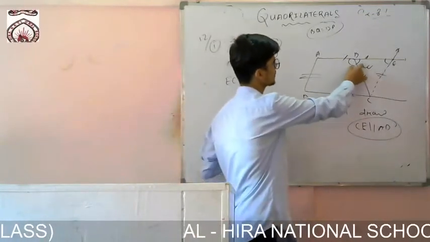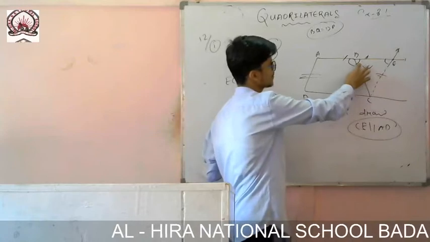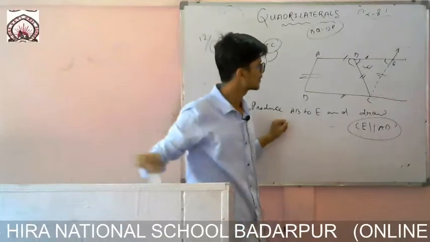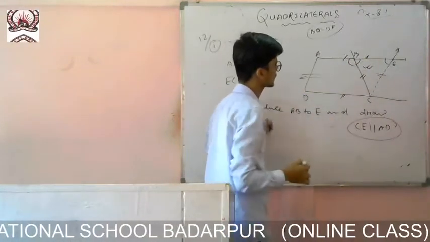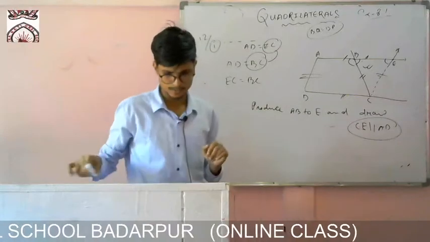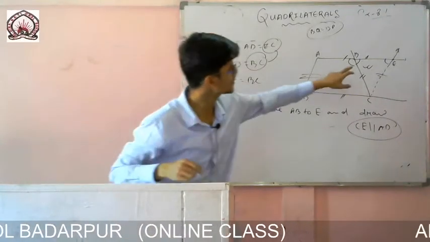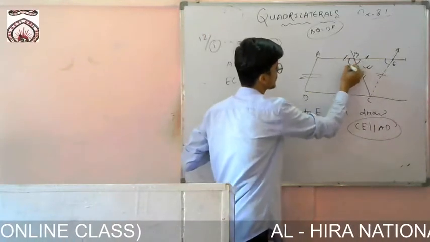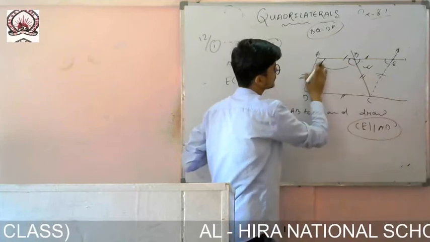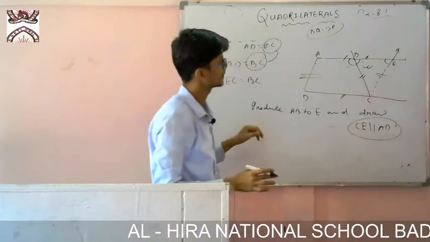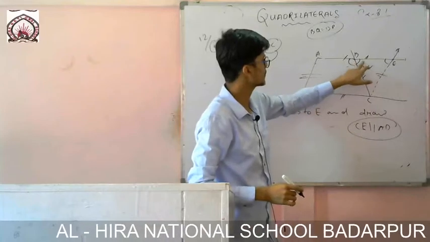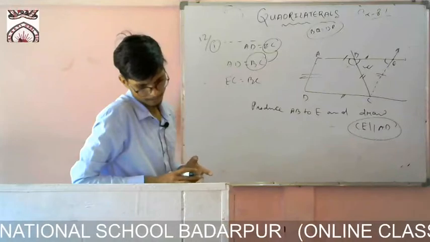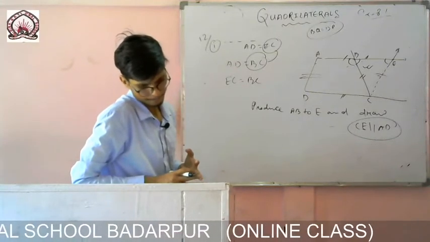So if these two are linear pairs, and these two angles are equal, you can show that this angle is equal to this angle. These two will be co-interior angles, because it is given it is a trapezium. No, it will not be. So wait, what will prove that these two angles are equal? I have shown that. Then after that, angle A plus angle CEB, this angle plus this angle will be a linear pair.